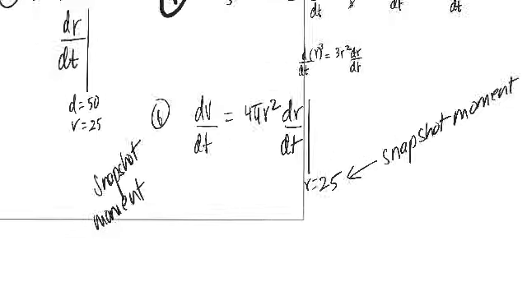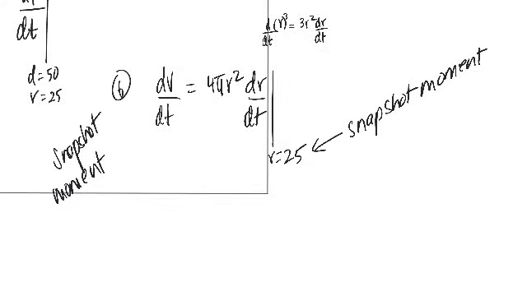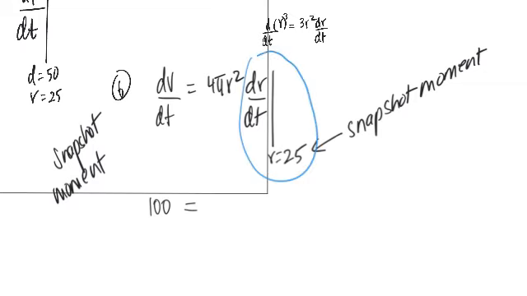Do not put that in before, because the balloon is changing all the time. So we're only going to put in r equals 25 at the very end when we're solving for the last answer. So dV/dt is the given rate, and that was 100 the whole time. dr/dt is what we're trying to find. And for the 4πr², I'm at the snapshot moment now where r is 25, so I will put in 25 for the r,